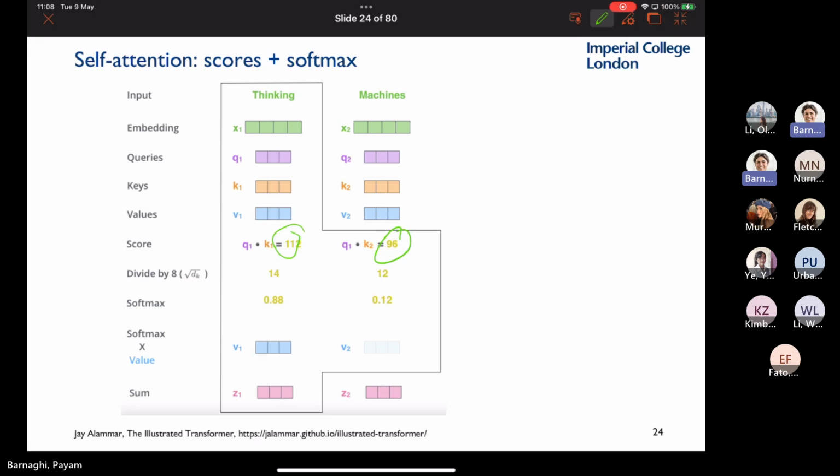and that domination can create vanishing or exploding gradients for us, because whenever we calculate the gradient, if a number suddenly becomes very large, it might create a very large gradient. Basically, take it from me, we don't like large numbers in neural networks. What we always do is try to squash them, and here we divide them. Don't ask me, I don't know where it came from, by the square root of the dimension of your embedding. Dimension of the query you had, you divide by that to basically take the number down, to squash it. The designers of the attention model suggest that you divide by the square root of the dimension, not the dimension itself.